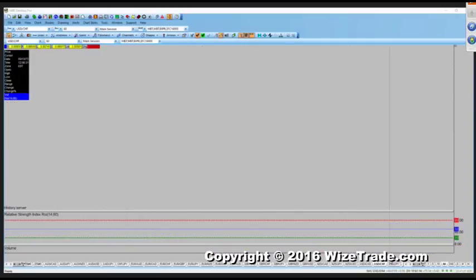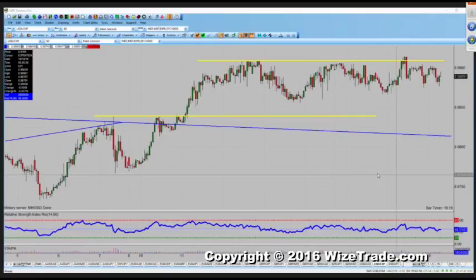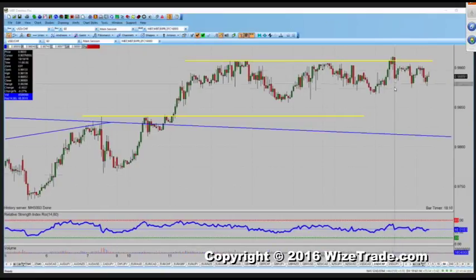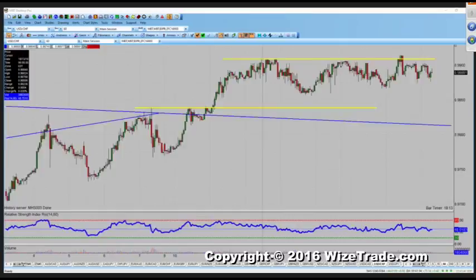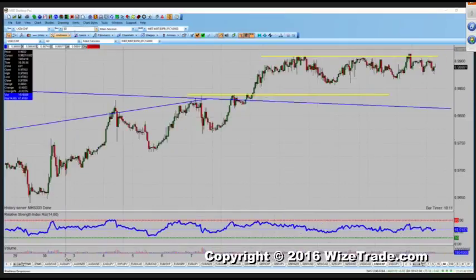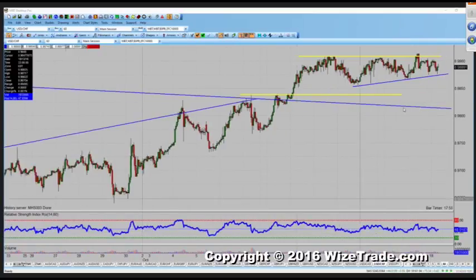Okay, 122.50. Now let's take a look at the dollar Swiss. The Swissy, I'm still long, still sitting in it. A little false breakout yesterday. We're not selling off. We're not really rallying. We're just consolidating. If you're short the Swissy, you're probably a little concerned that it's just not selling off. I think that would be a little concerning. It is holding up relatively well. I still believe while we're trading above this 98.35.